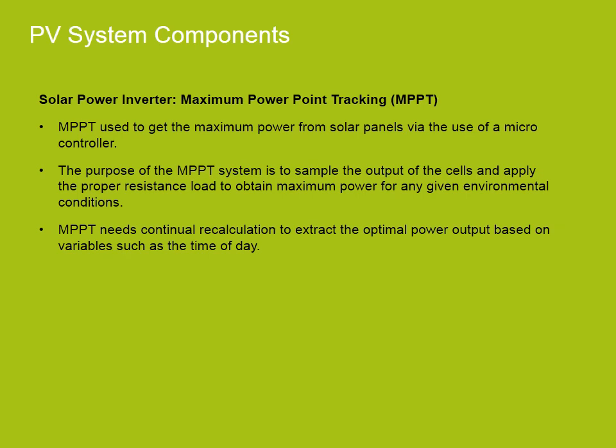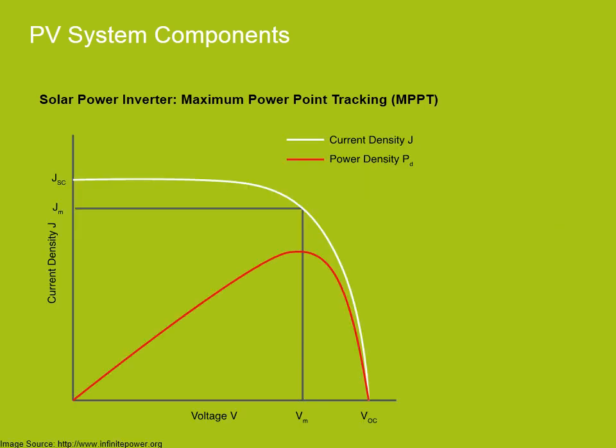MPPT needs continual recalculation to extract the optimal power output based on variables such as the time of day. Each solar cell has a point at which the current and voltage output from the cell result in the maximum power output of that cell. The principle is that if the output from the cell can be regulated to the voltage and current levels needed to achieve a power output at this ideal point, then the power generated by the solar cell will be used